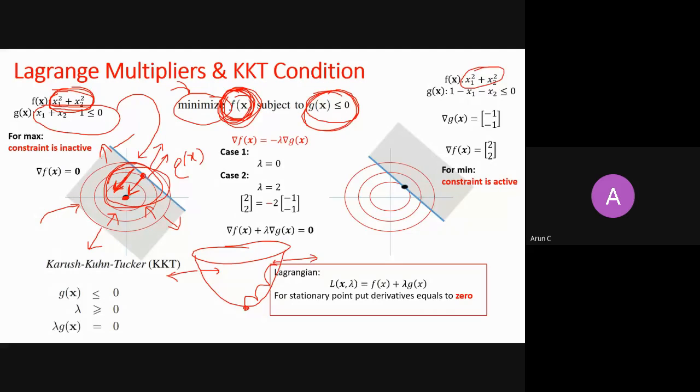I want to minimize the same function, but now my constraint is this, right? If I take the gradient of gx, it is in this direction. So the feasible region is in the opposite direction, which is opposite to the gradient of gx. Then I need to take a walk to minimize my fx. If I'm standing somewhere here, the gradient is outside, so I need to take a walk in the opposite direction. So here you see the direction of the feasible region and the direction to minimize are anti-parallel, right?